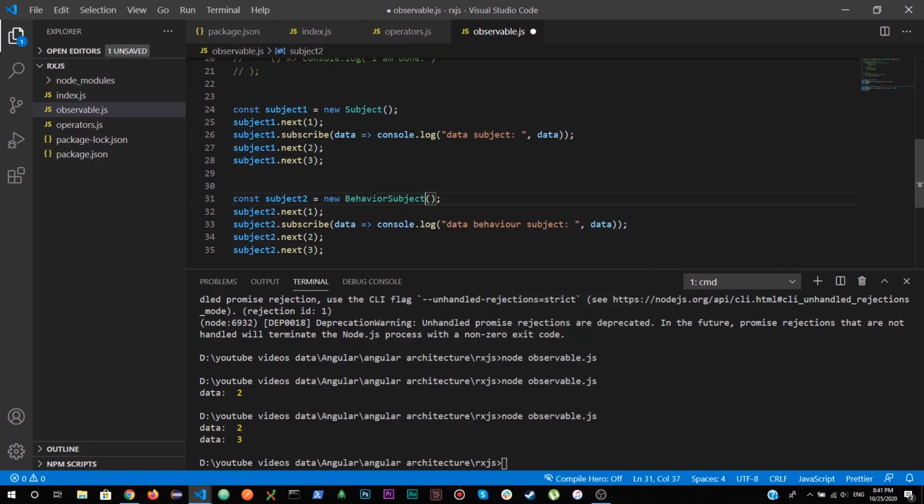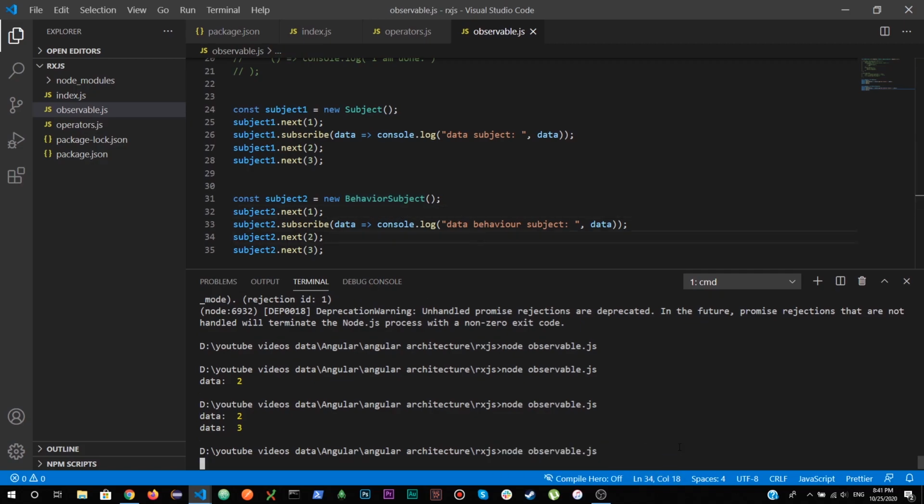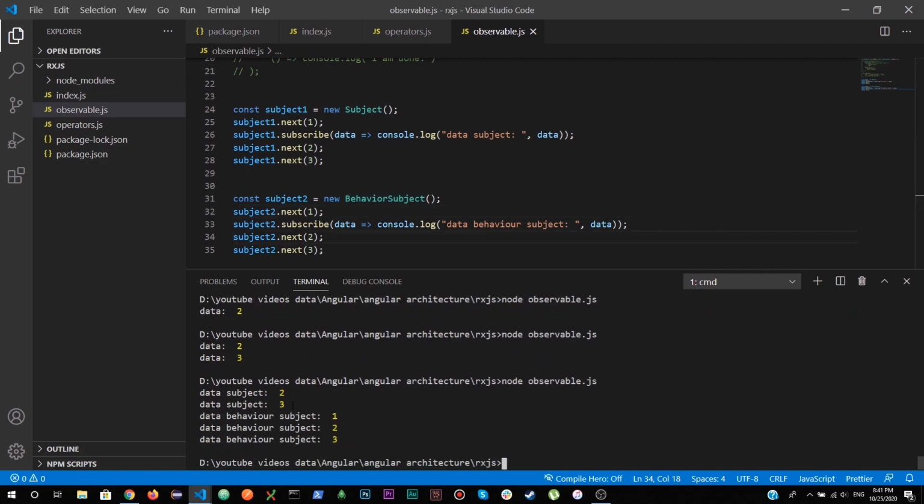Fine. Now let me just run it and see what happens. So you see 2 3 has been printed for subject. Now for behavior subject 1 2 3 have been printed. So it doesn't matter if the subscription has happened, the initial value can be dispatched.